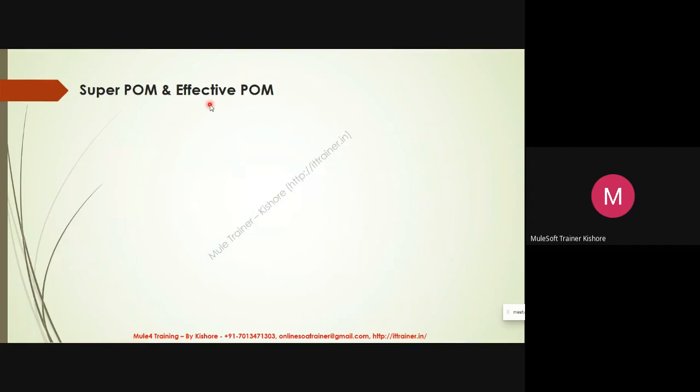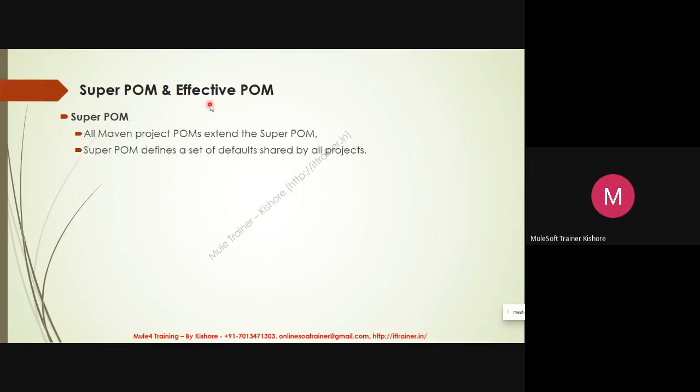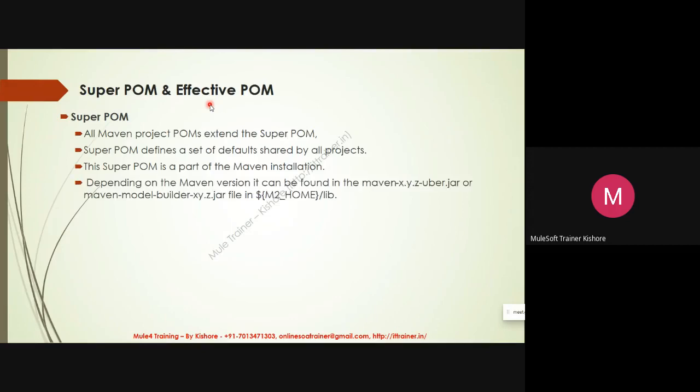You will have all common settings available in one file that is called the Super POM. So all our Maven project POMs extend the Super POM. All the common things are already available in the Super POM. Super POM defines the set of defaults shared by all projects. It is part of your Maven installation. Depending on the Maven version, it can be found in maven-xyz-uber.jar or the maven-model-builder-xyz jar file in the M2 home library.